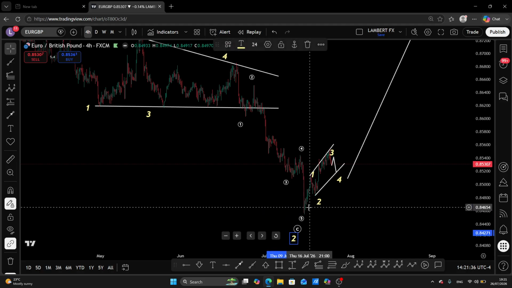Okay, so now we know that we have a 1 and a 2 of the final 5 leg up. So we've now had a 1 and a 2 of our C leg. Okay, so we need a 3, a 4, and a 5. On the bigger time frame, the weekly time frame, we've established that we have a 5 for A, and then a 3 for B, and then we need a 5 for C. So now we have a 1 and 2, so we're looking for a 3, a 4, and a 5 to complete that weekly